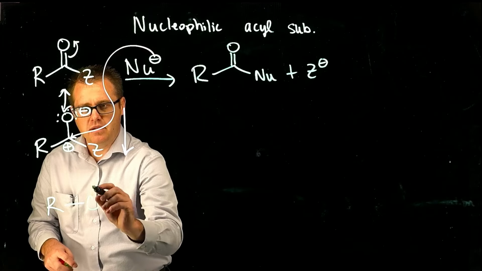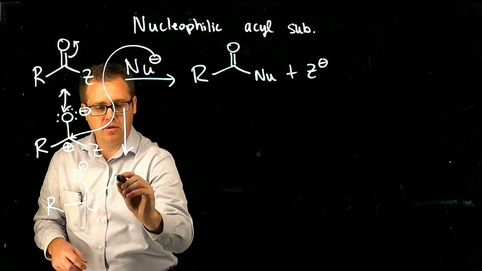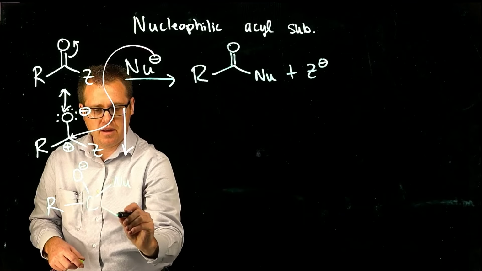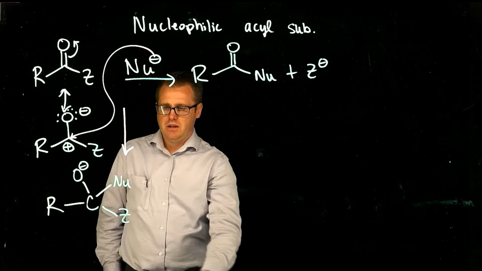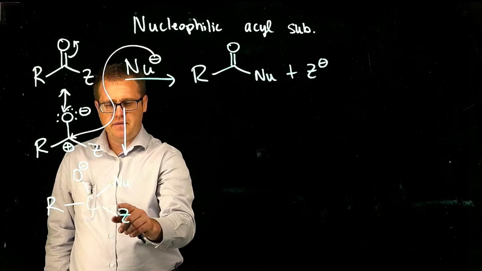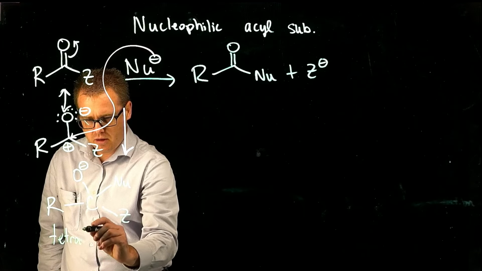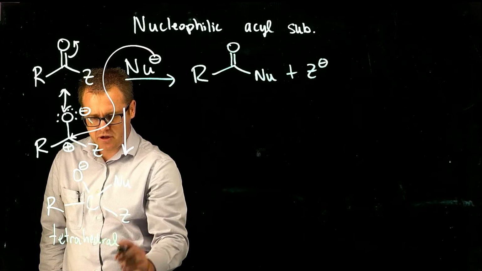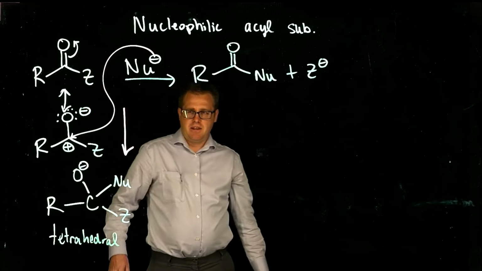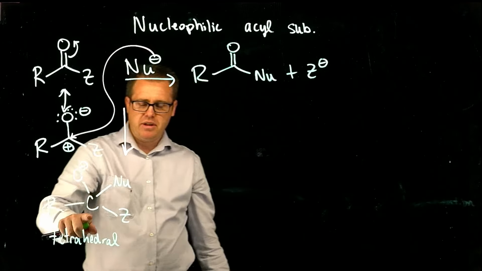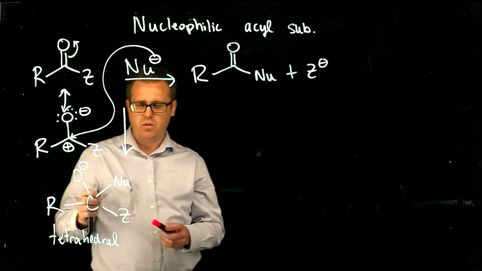And I'm going to draw in the carbon now. And then we have our nucleophile, and then our Z right there. So this right here is very, very important because this is called a tetrahedral intermediate. So when you get to this stage of this tetrahedral intermediate,